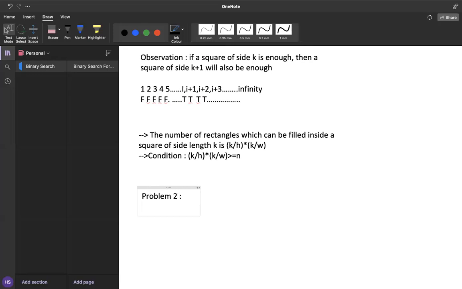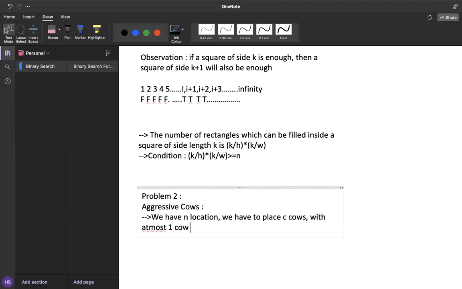So the second problem for today is going to be aggressive cows. And the problem basically says we have n locations and we have to place C cows with at most one cow in each location.